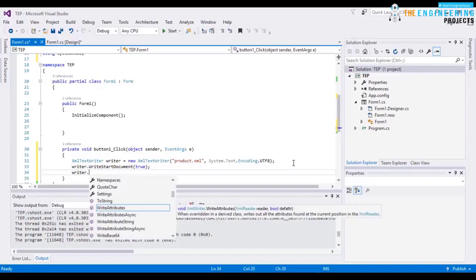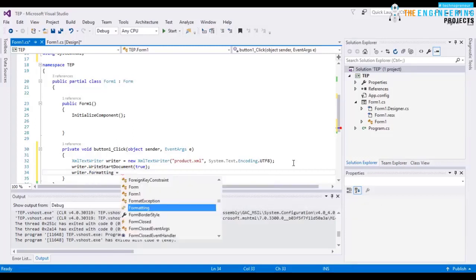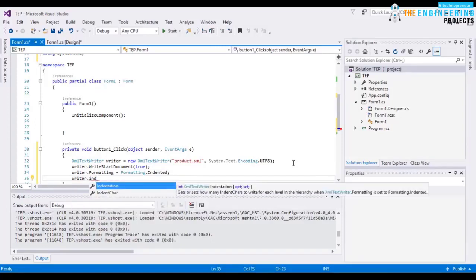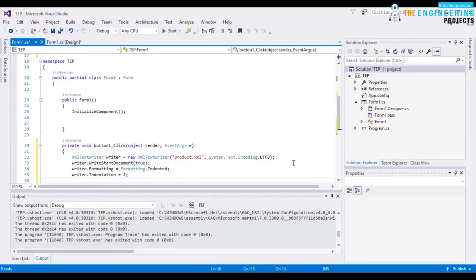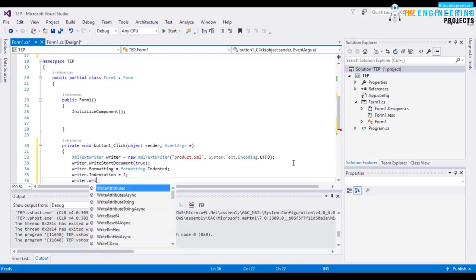Writer.Formatting is equal to Formatting.Indented, so in every line there is an indent, and writer.Indentation will be 2. It means up to 2 levels of indent will be shown,